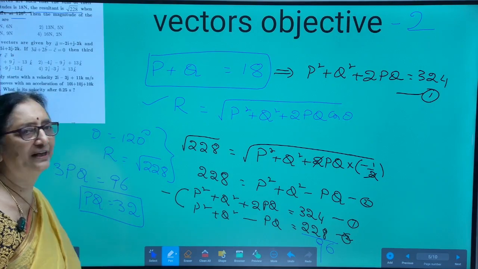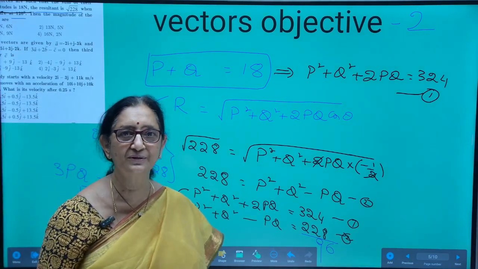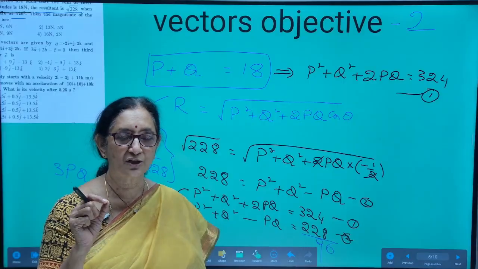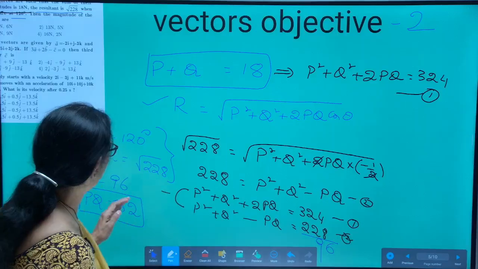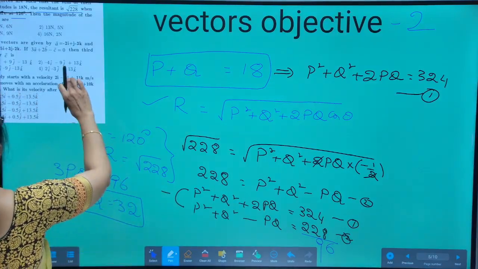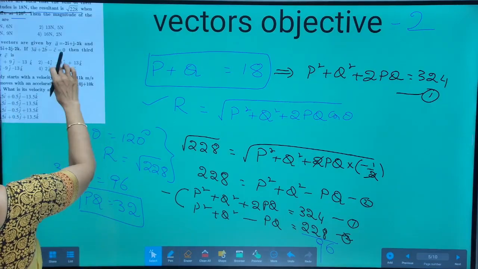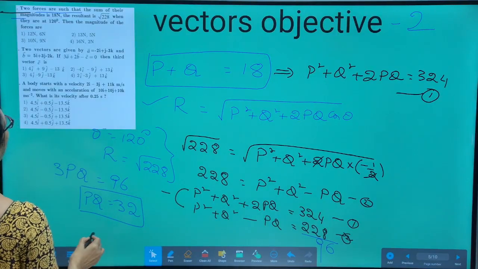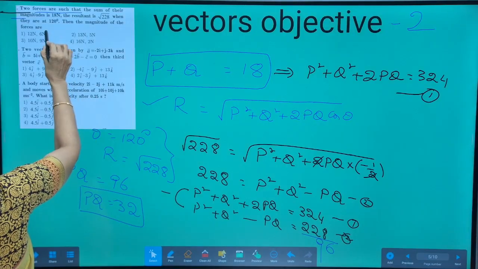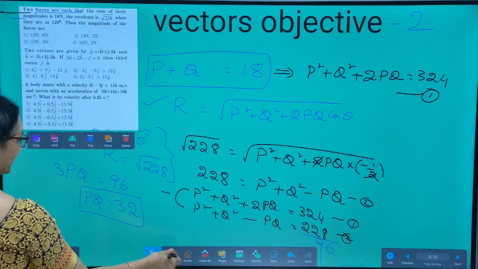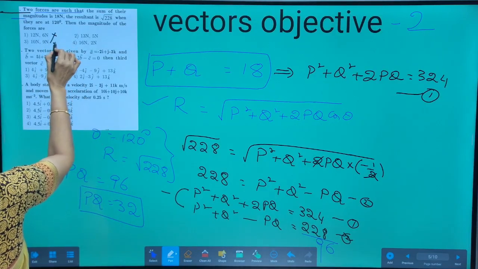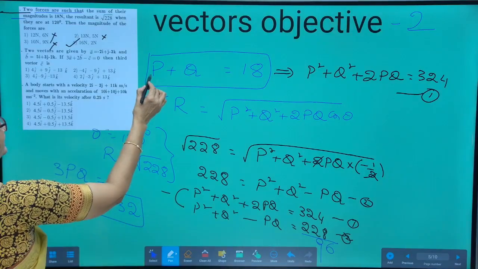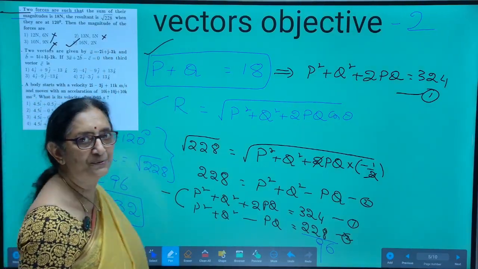Again, on solving two equations with two unknowns, we can get the values of p and q, no doubt about it. But in the examination, you should know the shortest way to handle the problem. If you look at the options given here, the product of p and q must be 32. It is not 32 for the first options, 10 into 9, 13 into 5, but 16 into 2 is 32, and 16 plus 2 is 18, so the correct option is 4.